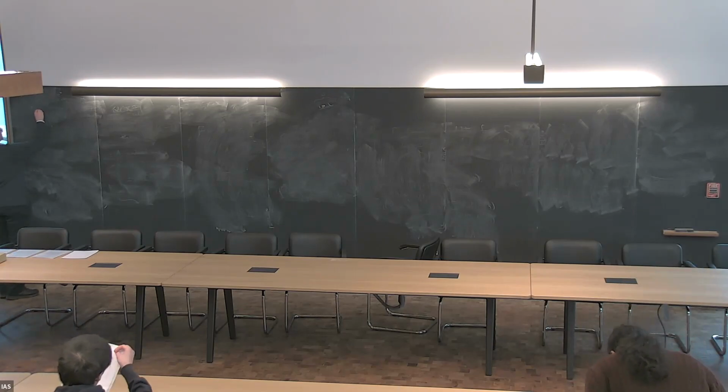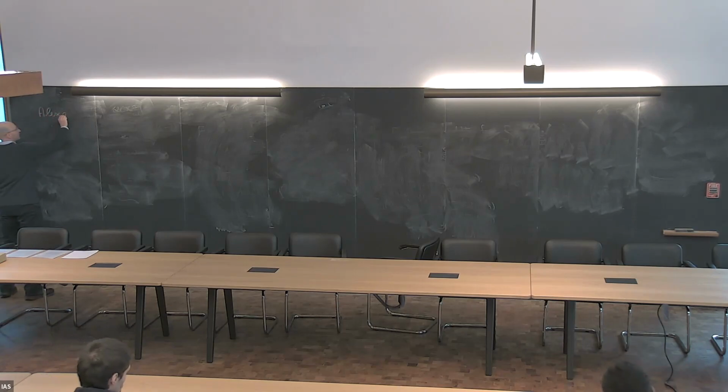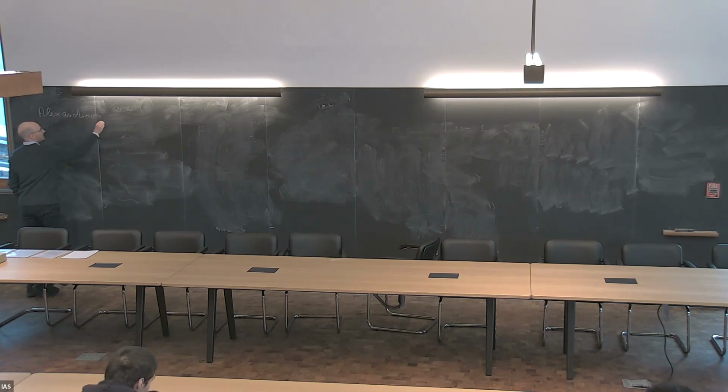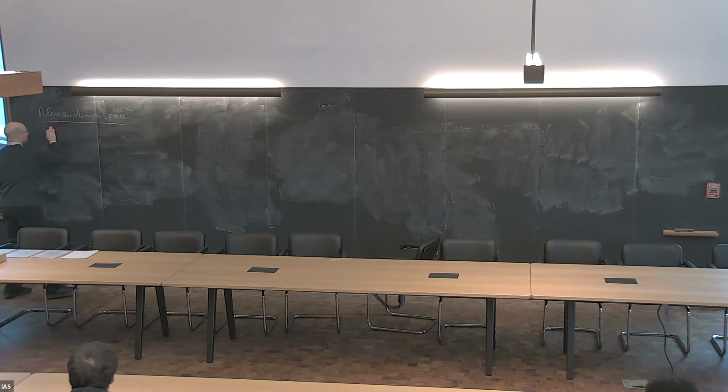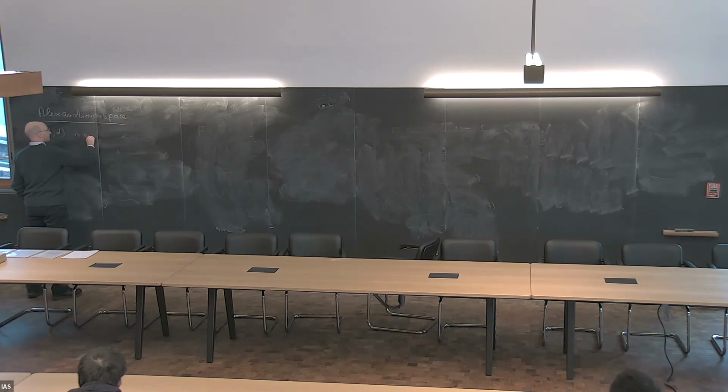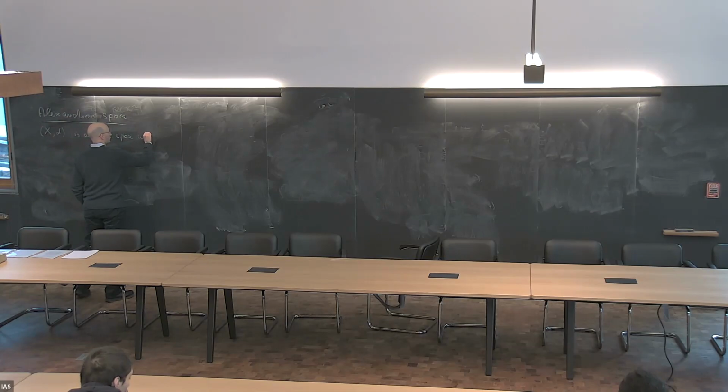Okay, so first of all, let me remind you some of the things about Alexandrov spaces that we learned in the last seminar. So I'm going to take the definition that X with a metric P is an Alexandrov space, and for simplicity, let me just focus on the curvature being positive, just because I can simply make comparison with usual triangles. Okay, with sectional curvature bigger or equal than 0, if,